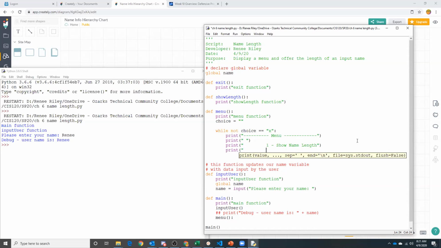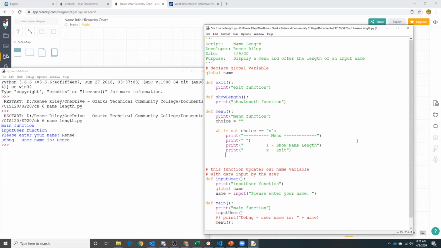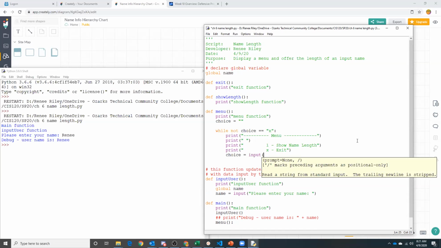And I could do some fancy formatting. Okay. I'll leave that for you. And then X for exit. And then we'll gather the user's choice from an input statement. And let's say something like, please enter